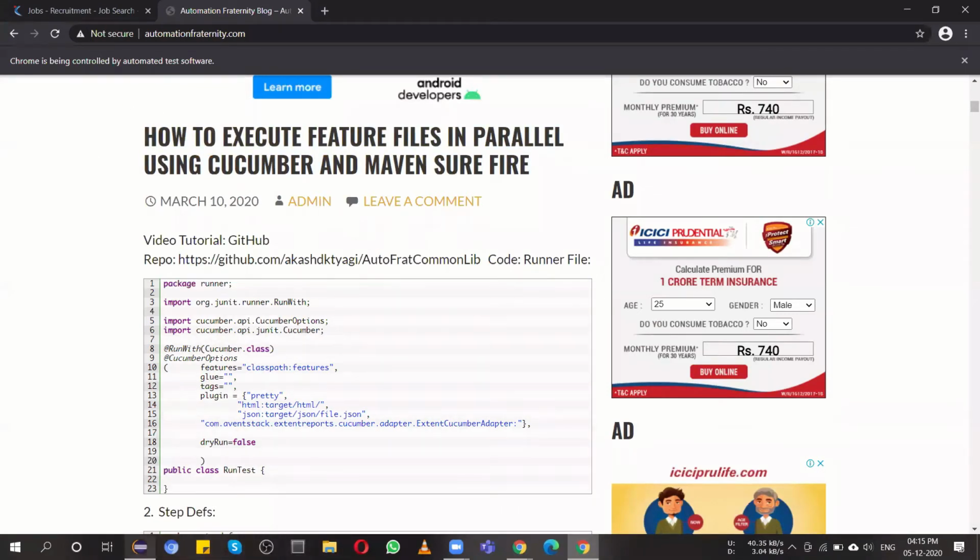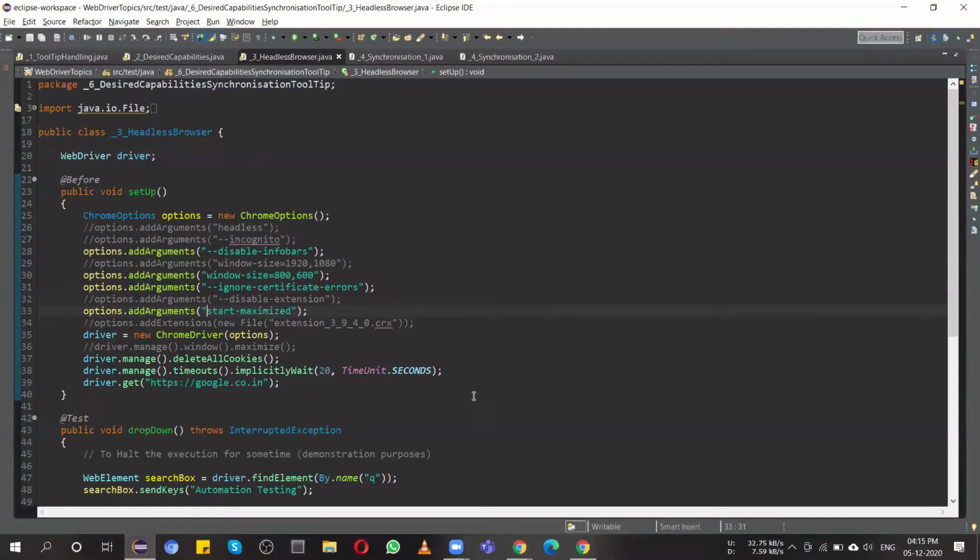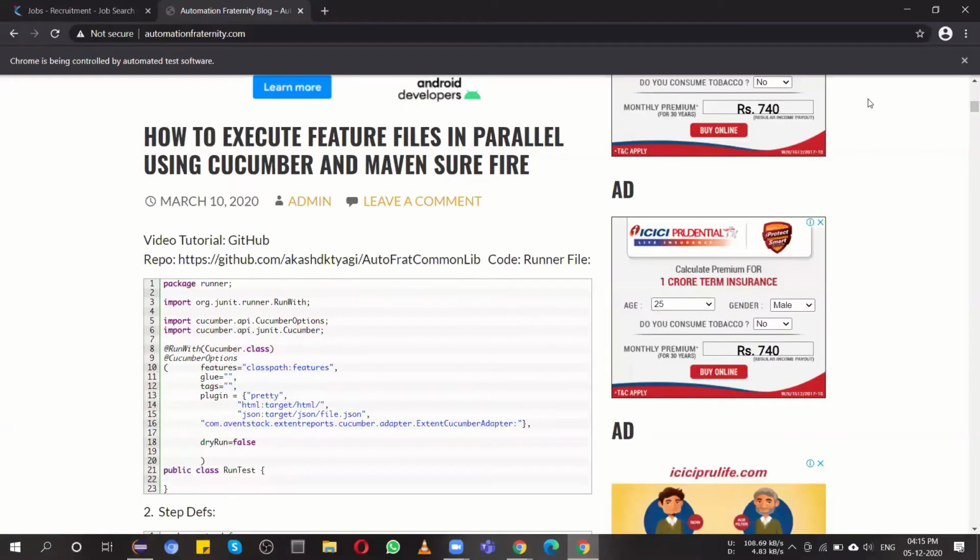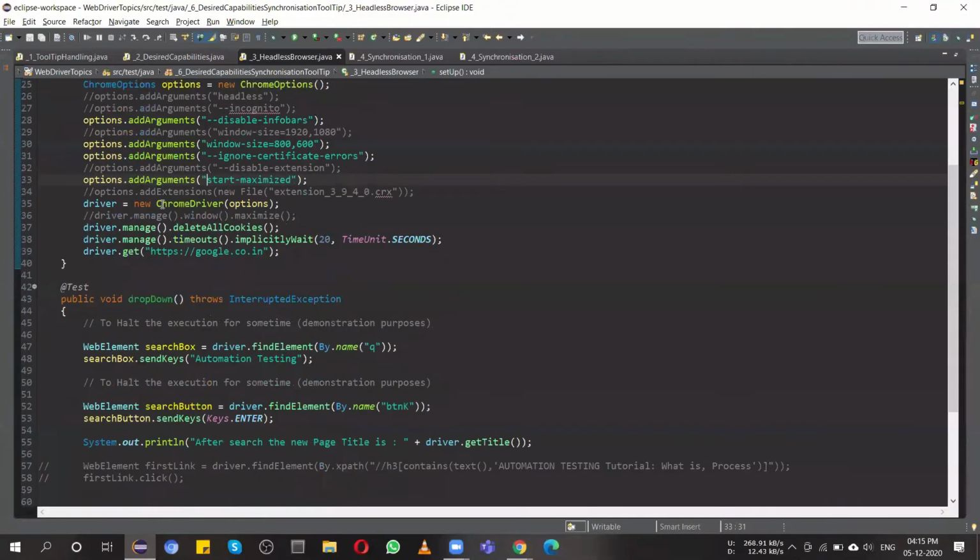So how to add a particular extension in the automated browser. Right now you are not able to see any extension added. For that you first have to extract that particular extension into a CRX file.